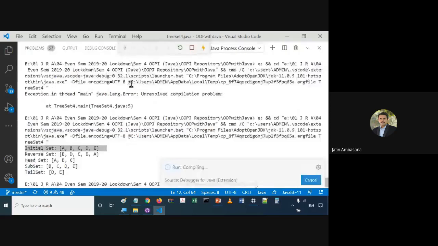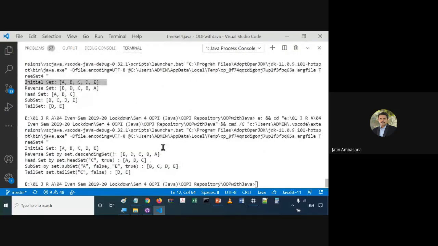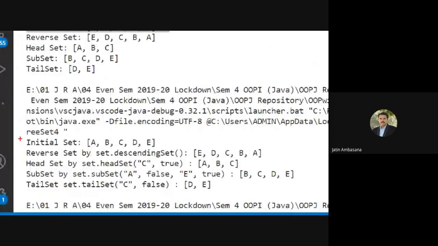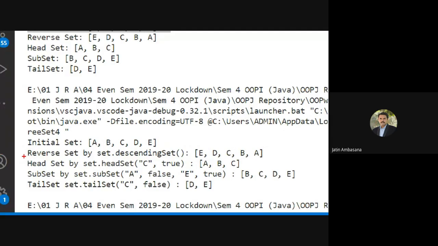Let's run this now. Okay, so here in front of us we do have what? We do have our set. Then we reverse the set by set.descendingSet method and we get the reversed set. You see that? Then we say set.headSet C true.